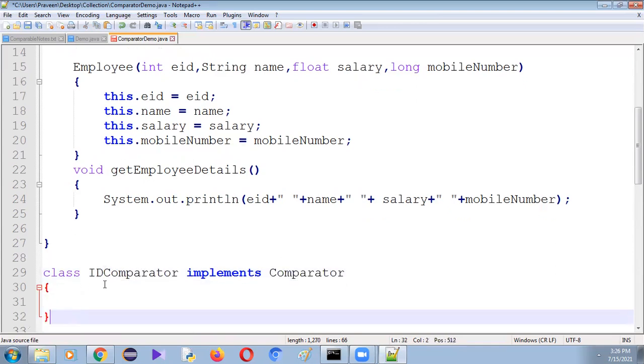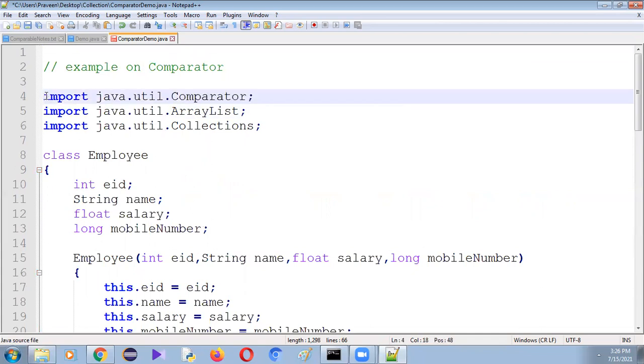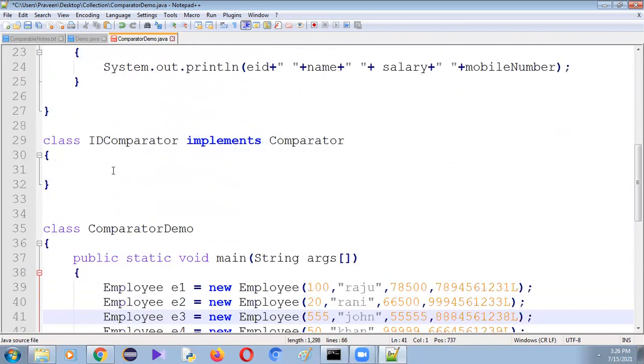Comparator is an interface that is present in the util package. Before using that, we have to import it. So import java.util.Comparator. Yes, imported.